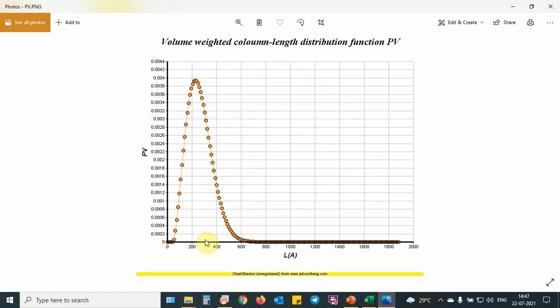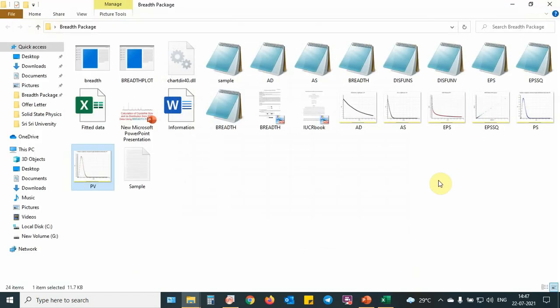The crystallite size varies from 10 nanometer to 60 nanometer. That is the distribution, and this data corresponds well to the TEM data which we took for the crystallite size. This is a very good method, and it corroborates with the TEM data and FESEM high resolution data.